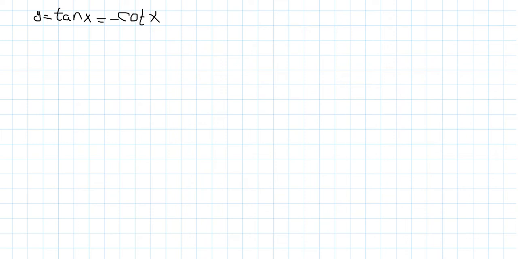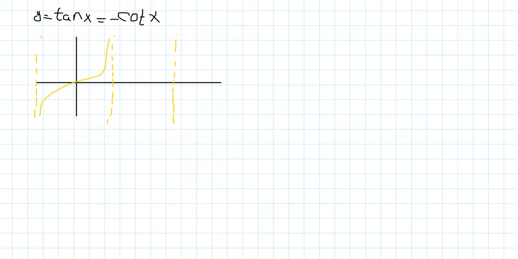For y equal tan x, it has this shape, but it is not accurate again. It has one asymptote here, another asymptote here. We talk about where the asymptotes are. We only need to understand that the shape of y equal tan x and minus cot x are this shape,